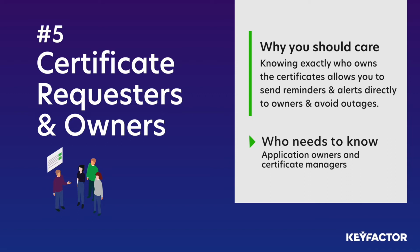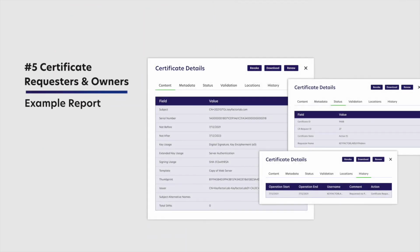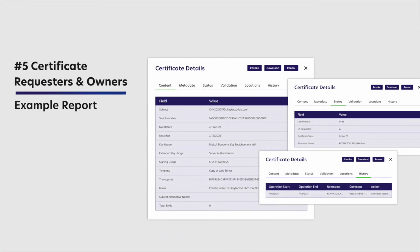Because when there's a certificate expiration or operational downtime, the first question that's usually asked is who owns that certificate? So without knowing who that certificate owner is, the business basically keeps having that downtime until somebody knows where to go and renew the certificate that's expired. You can see a bunch of details that we've laid out in this area, so you can actually know who exactly, where it is,